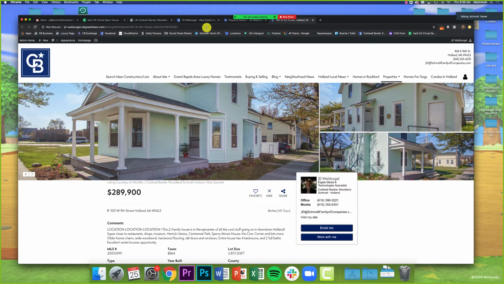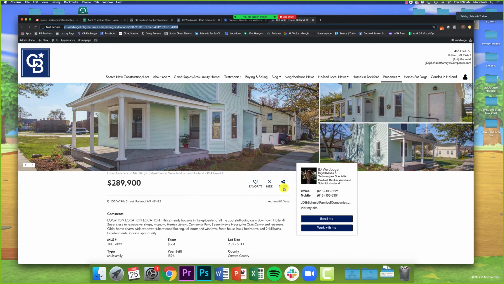However, now if we look at the URL up here, you'll see jd-waldvogel.cbgreatLakes.com/listing, MI, Holland, and the address. So now we have a URL specific to this listing that we can share on social media. And there's a couple of things you can do, right? There is the share button right here that you could click right on the main page, share it to Facebook,